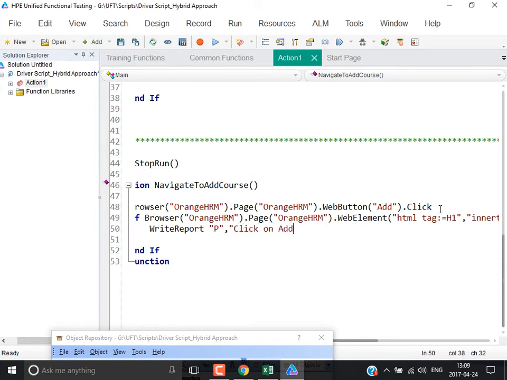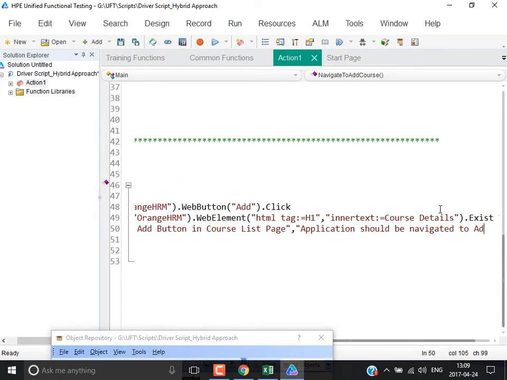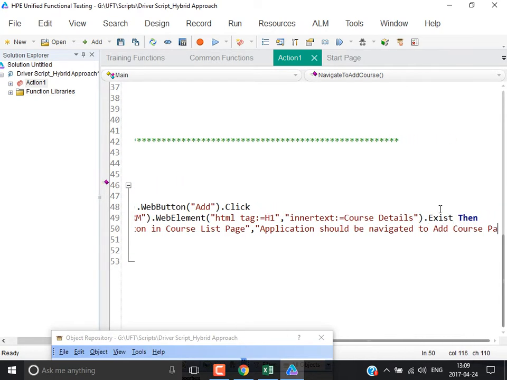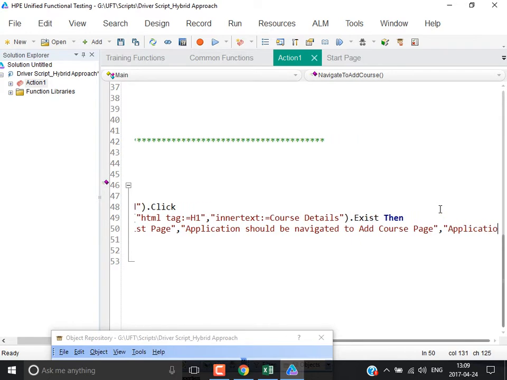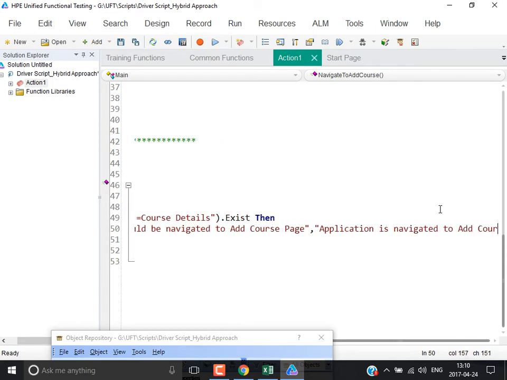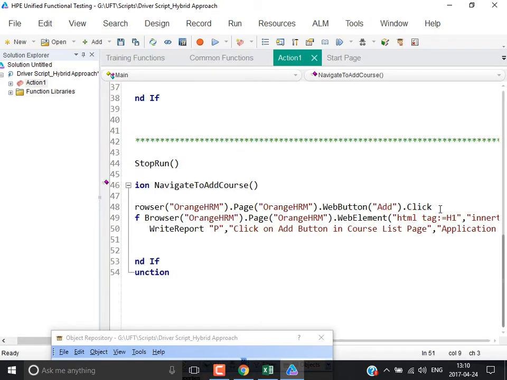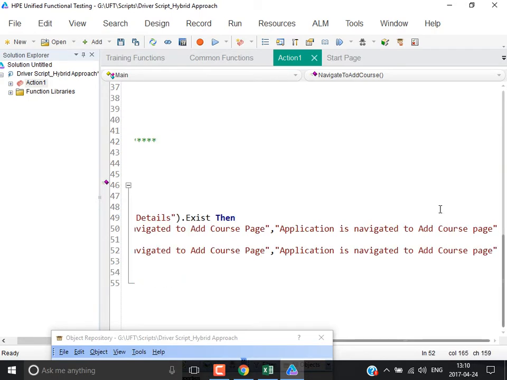Click on add button in course list page. Application should be navigated to add course page. Application is navigated to add course page. Else